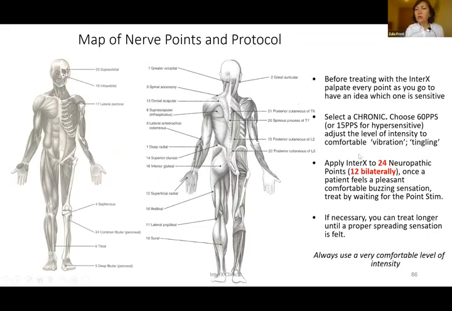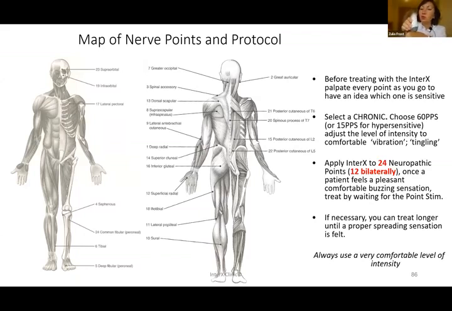So how to treat it? We're going to choose chronic presets. It's either going to be 15 for hypersensitive or 60 for not hypersensitive people. We adjust the level to comfortable vibration or tingling. And then we apply to 12 bilateral neuropathic points. Yes. How we physically do it, when you place the device on the skin,